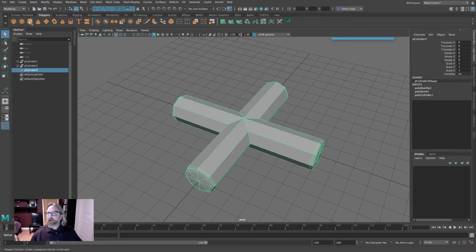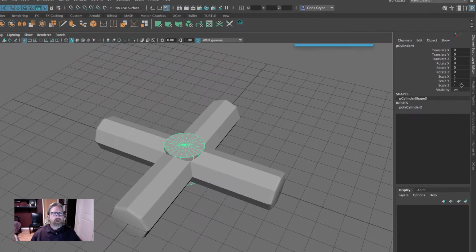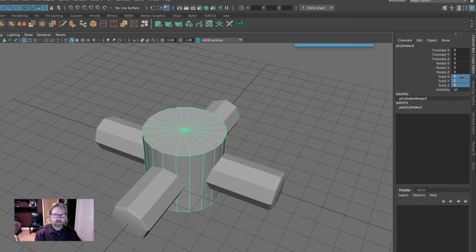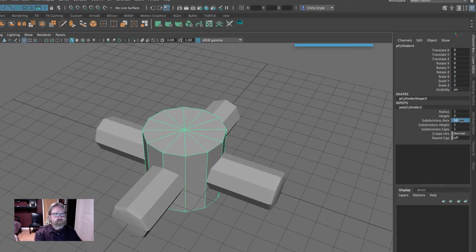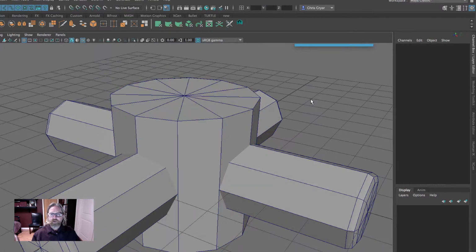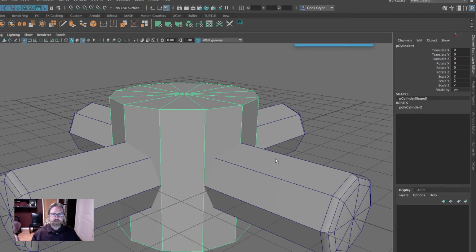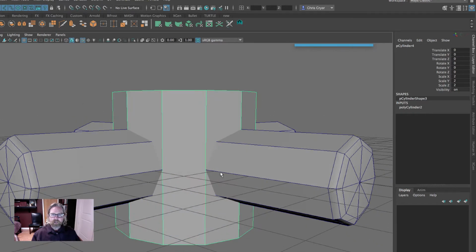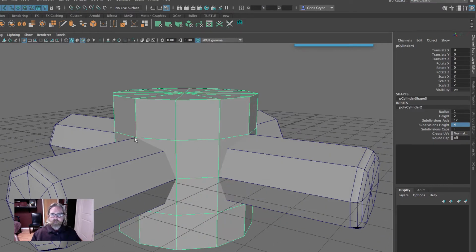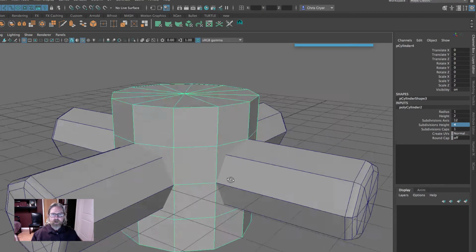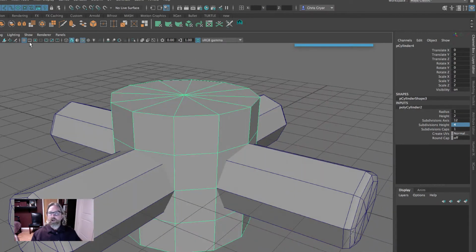We'll create a third cylinder, and we're going to scale this up just initially 2. We'll ultimately make it 2.2, but let me demonstrate why. We'll make our subdivisions 12. And if we look at this in our wireframe on shaded mode, we can see that these edges are running along here. Now we would need an edge across the side. So we can come to subdivisions height and make this 4. So now we've got a subdivision that's hitting here and hitting here, but we actually don't want it to be